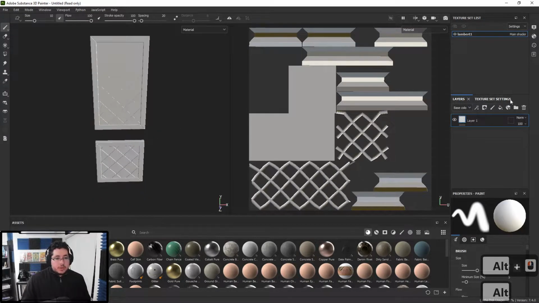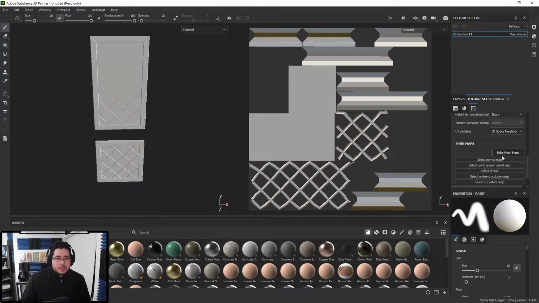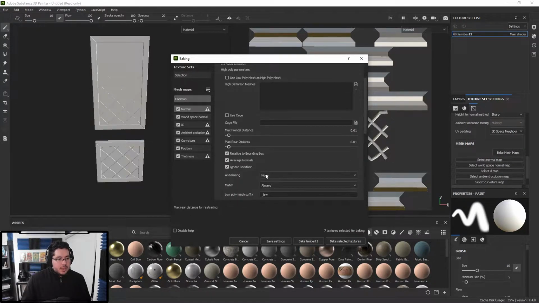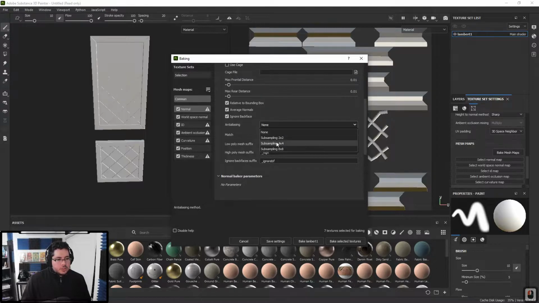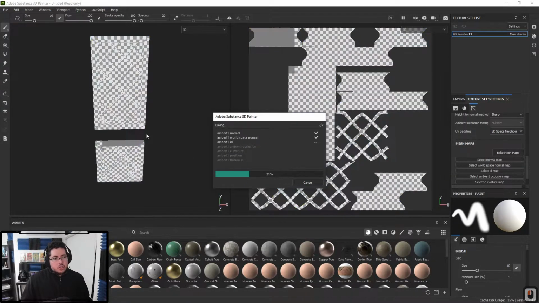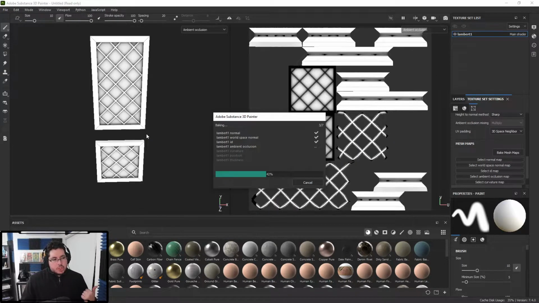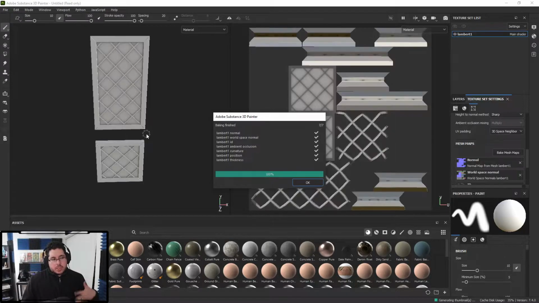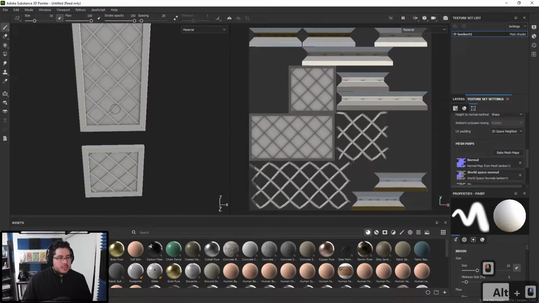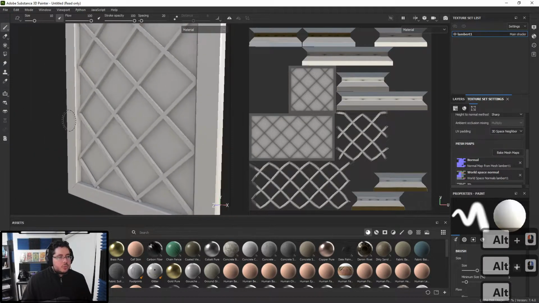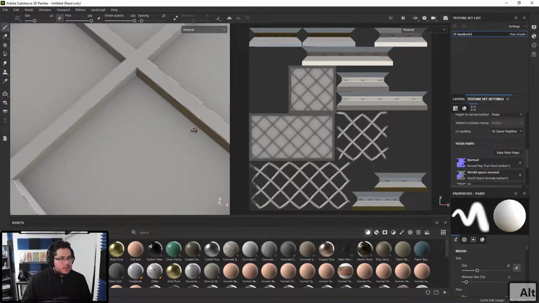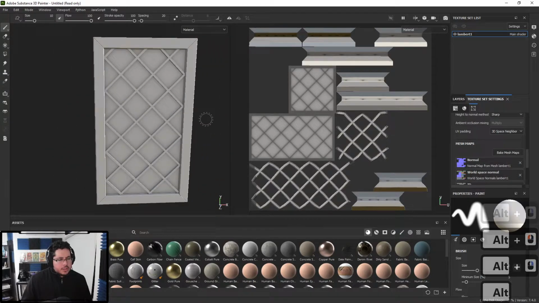So we have these guys right here. Now, even though we don't have a high poly, it is strongly recommended that we do a bake. So I'm going to say a 2K bake. Let's do a little bit of anti-aliasing. So 4x4, even 2x2 should be fine. And just bake selected. What this will give me is position, ambient occlusion, thickness, and world position, all of which are really helpful. Especially the ambient occlusion, as you can see, that already makes it look a little bit nicer. There's a couple of weird things over there. I'm not sure what those are, but maybe we'll get rid of them with